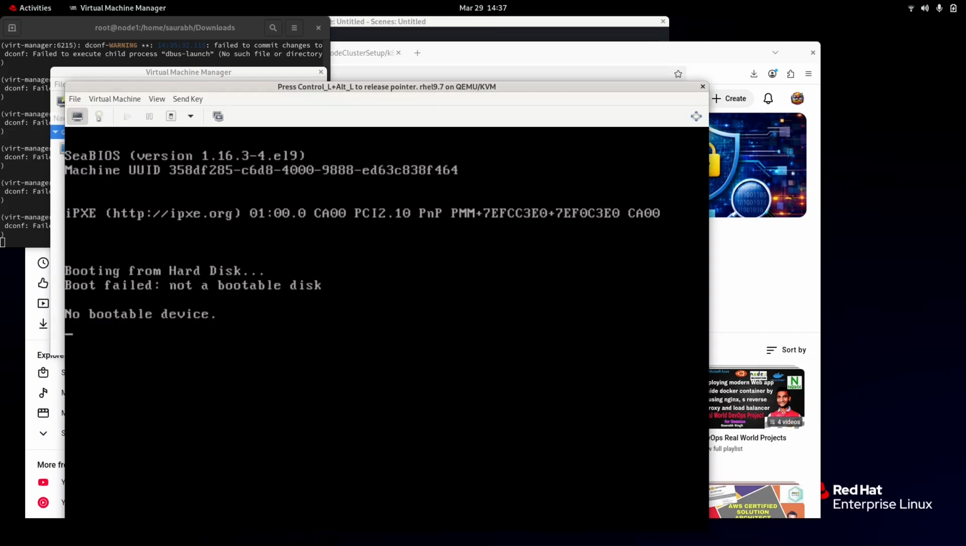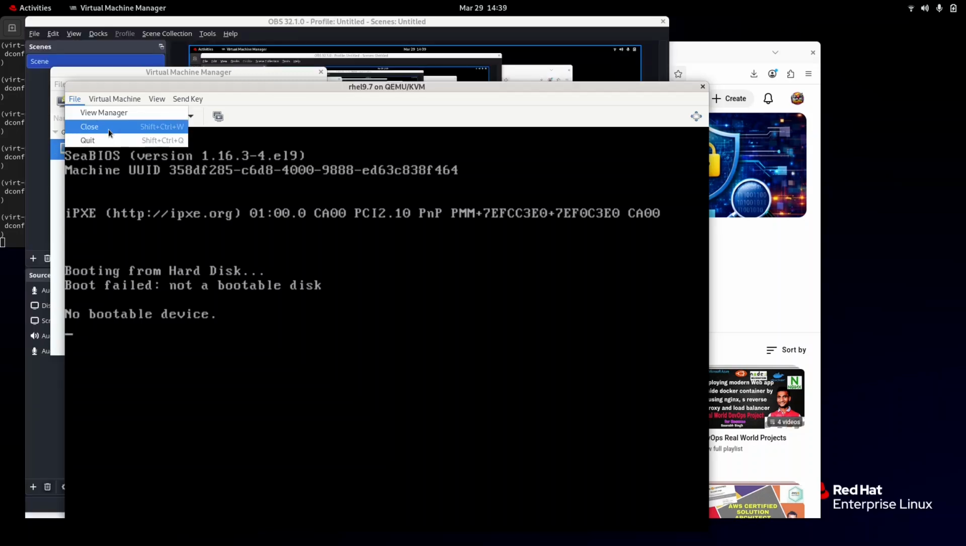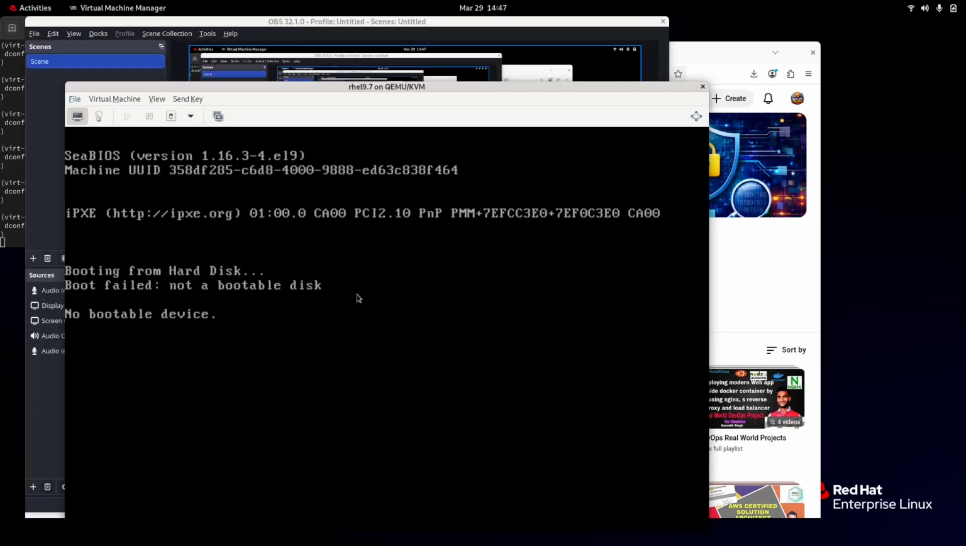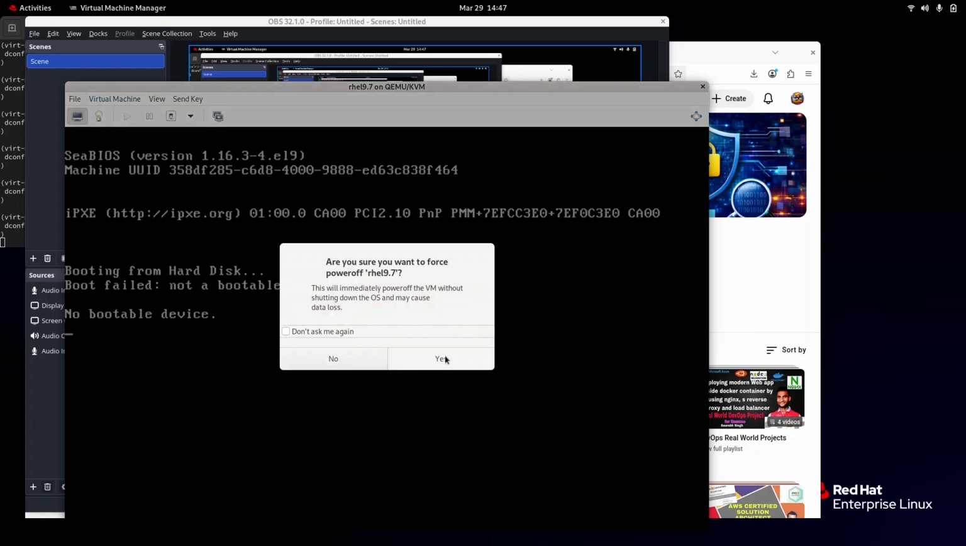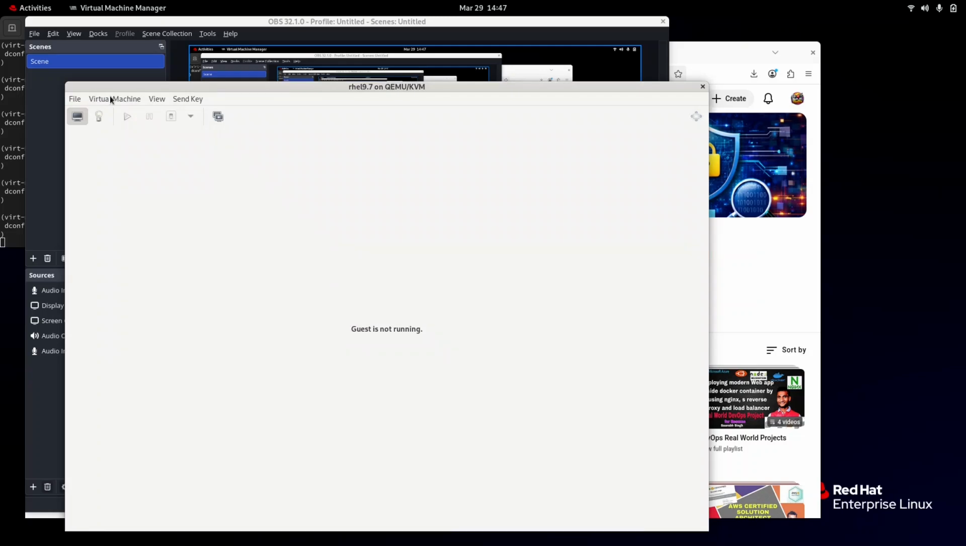Okay, it's saying no bootable device. It's completely fine. We will just boot it. So just go to view. First we will shut it down. Let me click on force off, click on yes. Okay, going to view